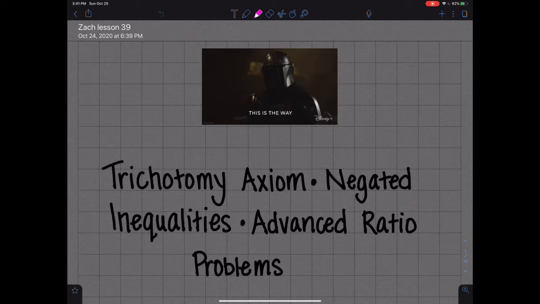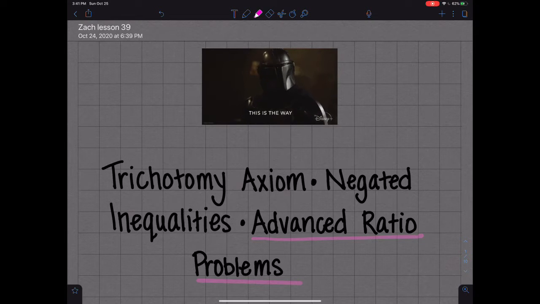Alrighty, Zach, did you think your last lesson was an easy one? Well, get ready for a hard one. And this is the way, it's just going to get more and more complex as we move through these lessons. The last one went over ratios and how to solve proportion problems. This one's going to go over advanced ratio problems at the end, but the first thing that we're going to